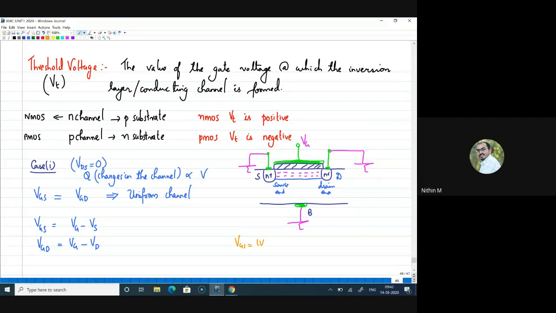Say I assume the resistance of this MOSFET as R on. The MOSFET is on now with the channel, and it is offering some resistance, and I call this R on. It is the on resistance. For VGS equal to 1, your on resistance will be R on 1, and for VGS equal to 2, you have another on resistance, R on 2. So which will have a higher resistance, R on 1 or R on 2?